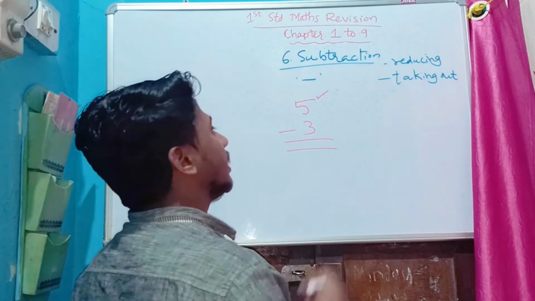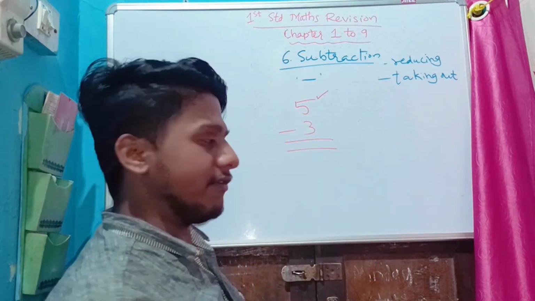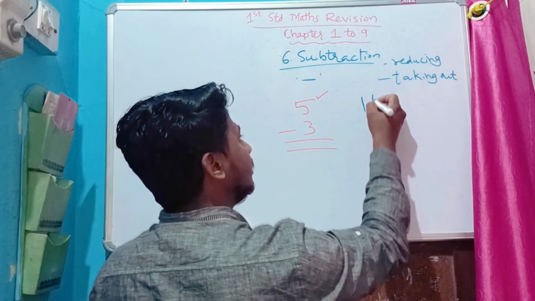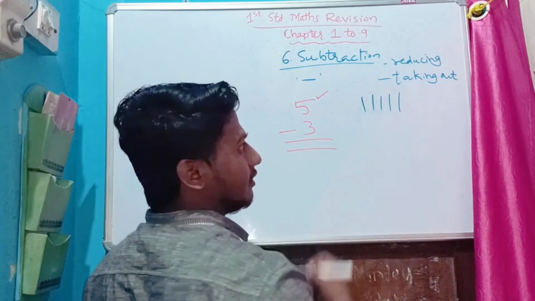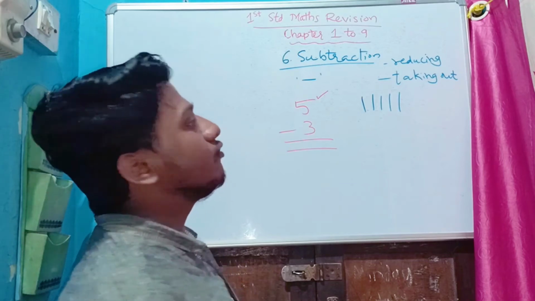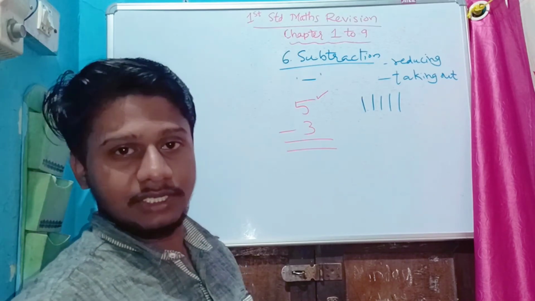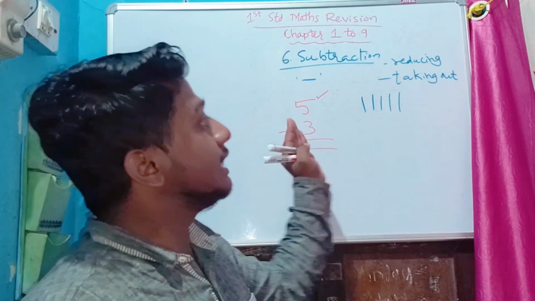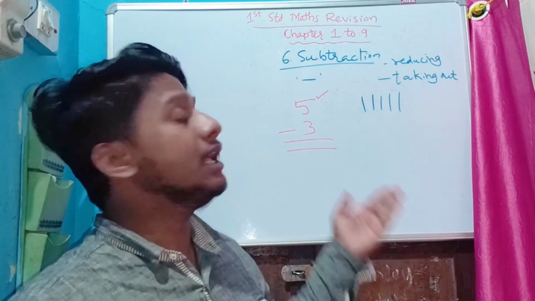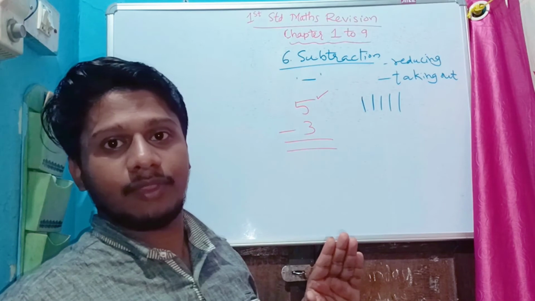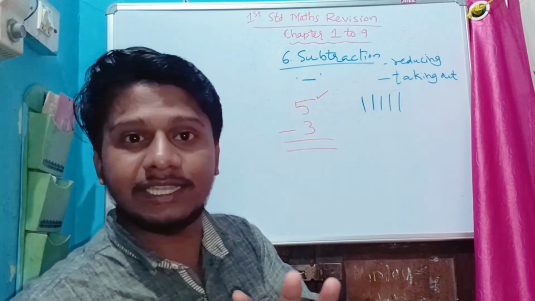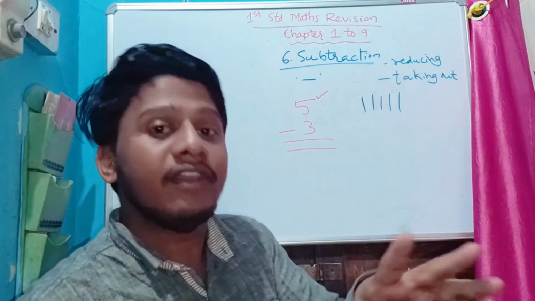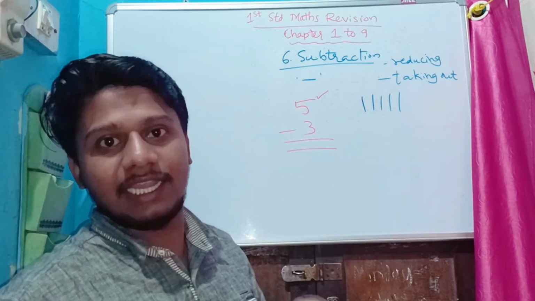Yes. Okay. Now here 5 we have. 5. Okay, so we will take lines here first. 5 lines you draw. 1, 2, 3, 4, 5. Yes. Then next we have 3 lines. In subtraction, we will not take, we will take out. We will not take more. We will take out from what we have. Okay. So here I have 5 chocolates. In subtraction, I will not take 3 more chocolates. In subtraction, in 5 chocolates only, I will eat 3 chocolates. It is like that logic.